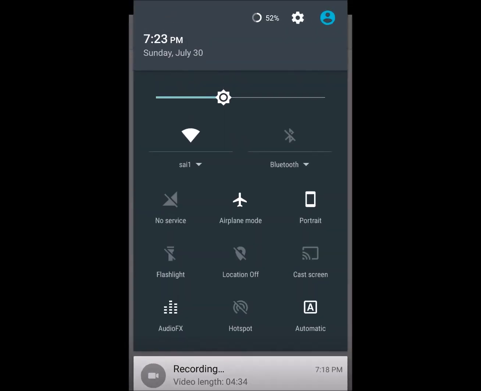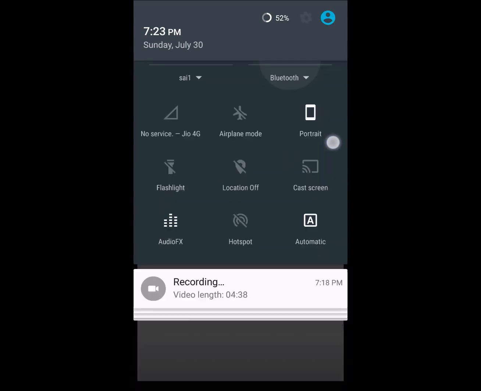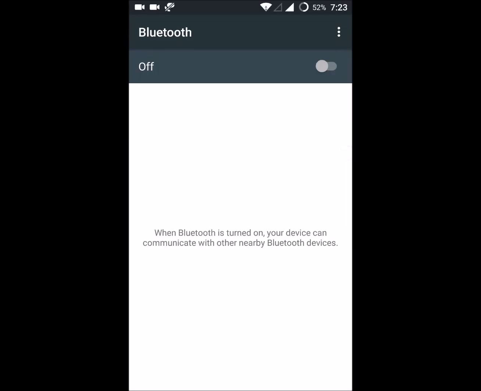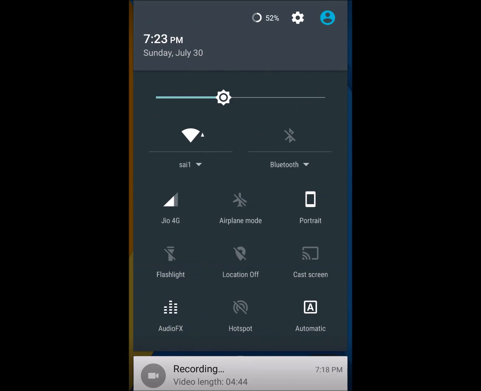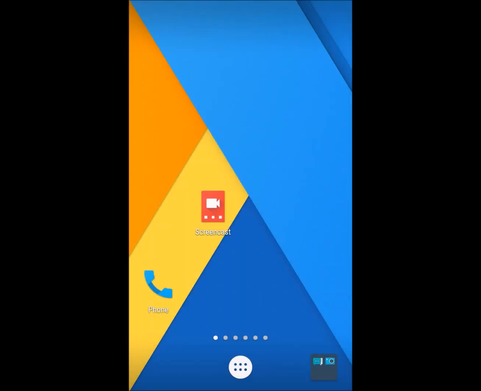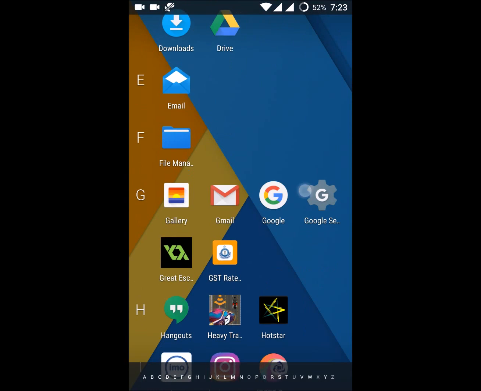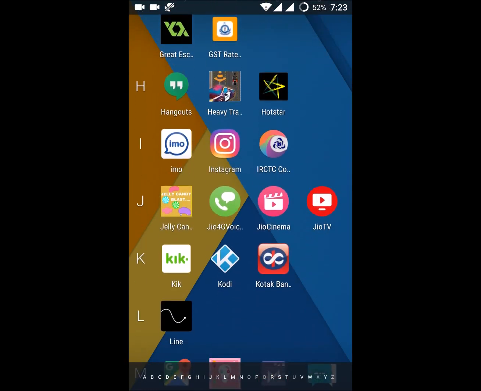So another thing is, check whether your Bluetooth is on or off. Bluetooth, tethering hotspot and location or GPS services will use most of your battery. And if your Android OS is 6.0 and higher, that is Marshmallow 6.0 and higher, you will have an option something like battery saver mode.